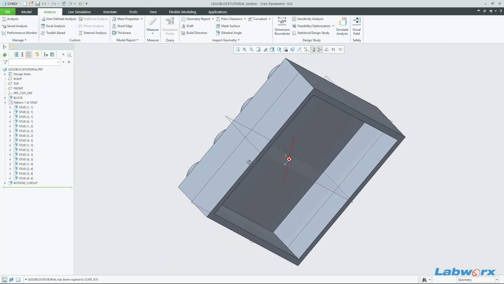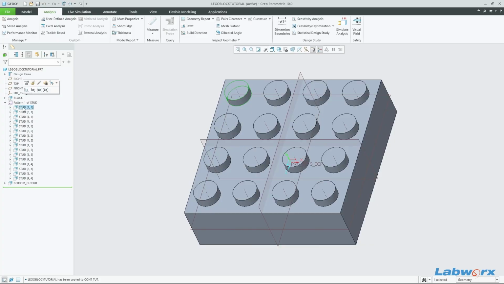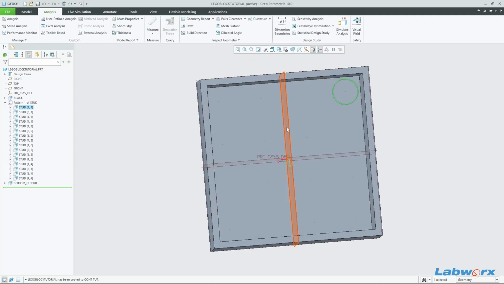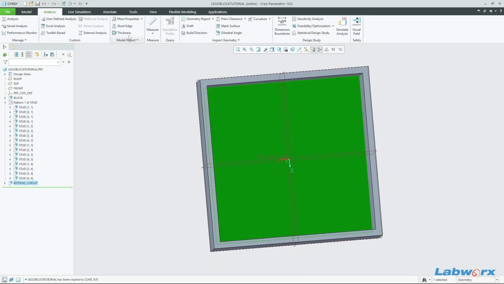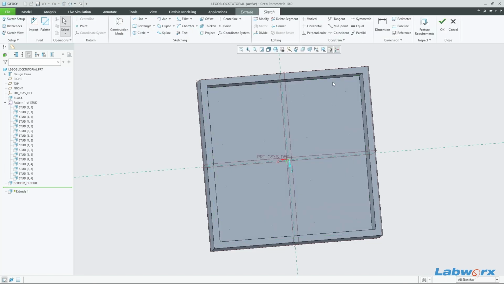So let's have a look here. We always want to start from stud number 1 in the pattern, because that's where our part starts from. So we're going to extrude on this bottom surface here, and we're just going to pay attention to that stud in the corner there, the top right corner. So what we'll do, we'll hit extrude on that surface,